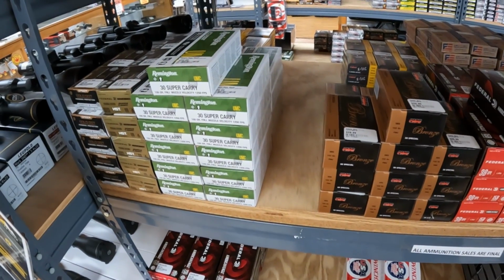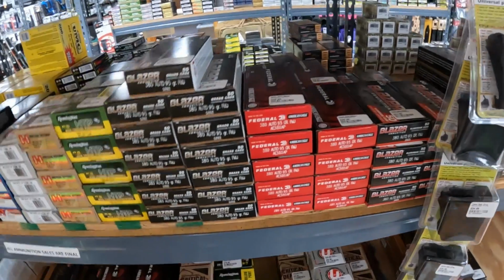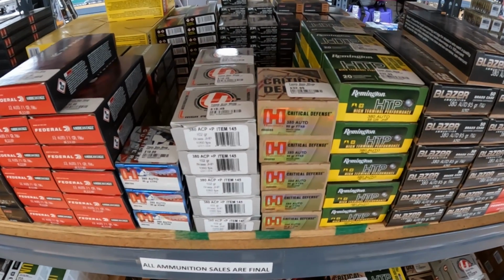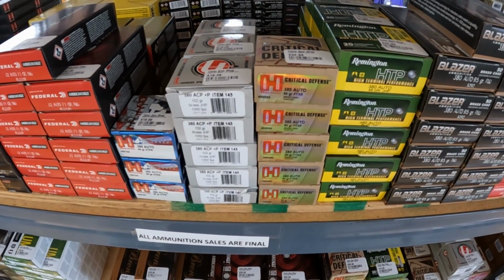Still hanging on to the 30 Super Carry. I'm pretty sure I'm the only one that's buying that stuff in the whole country. Bunch of different 380s, anywhere from 25, looks like 24 bucks, 28 bucks. Super good deal on those Underwood 380s right there, 16 bucks for Underwood brass. I believe that's loaded with the Golden